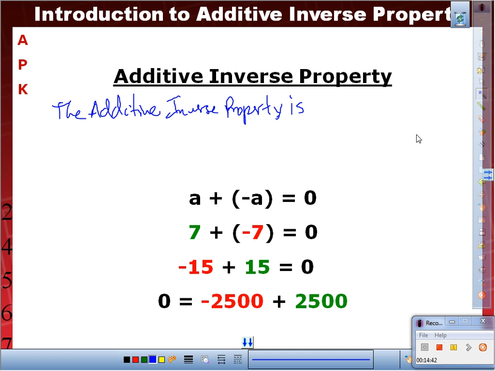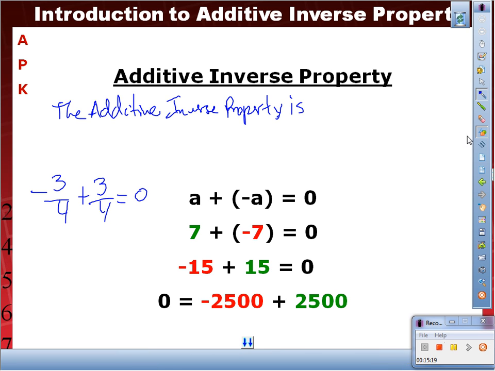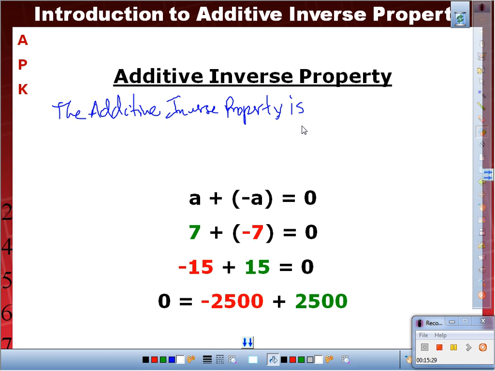Yes, these are integers, but let me ask the question just to clarify. Can I do this? This is not true? You have 3/4. Take away 3/4. What is that? So is it still working? Yes. Okay. So then with that, now that I clarified that, what do I write here? Let me repeat that again. The additive inverse property is, yeah,